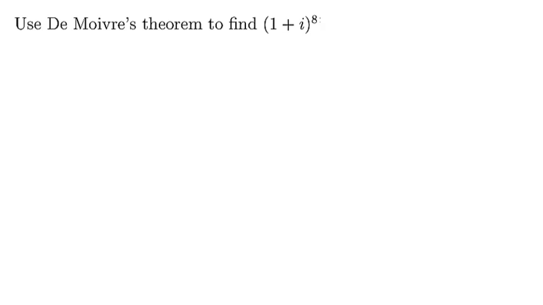Use De Moivre's theorem to find (1 + i) raised to the power 8. Alright, so first of all, according to this theorem, it states that if I have z, a complex number raised to the power n, then this can be written in the form r^n (cos nθ + i sin nθ),